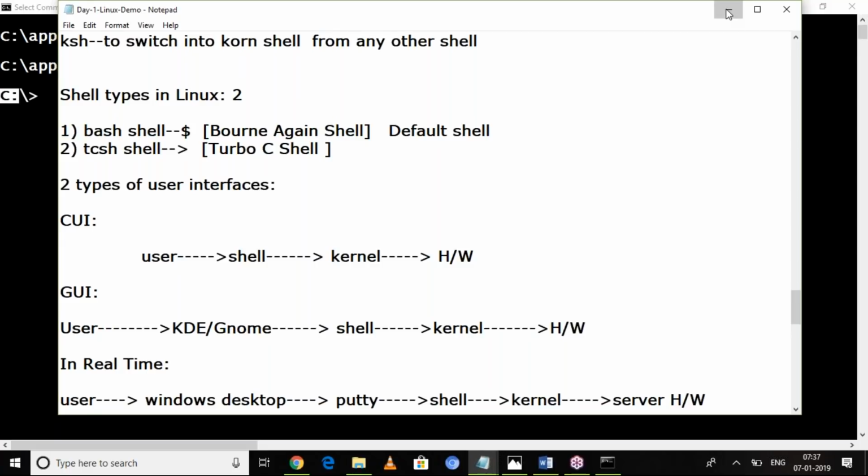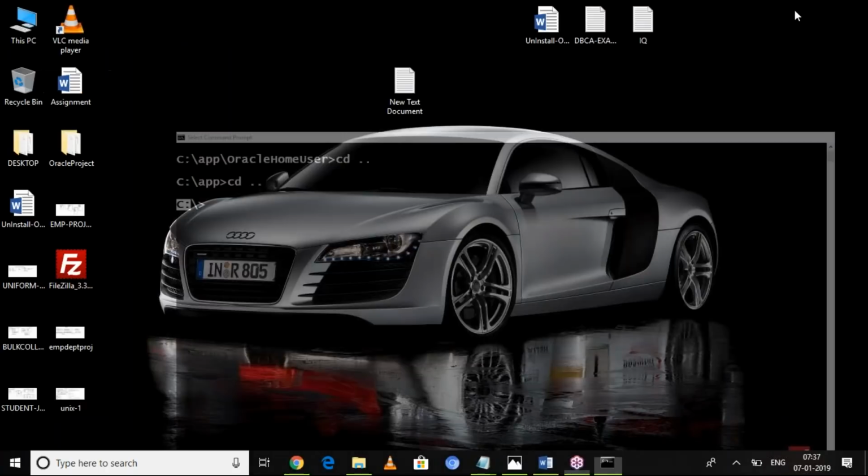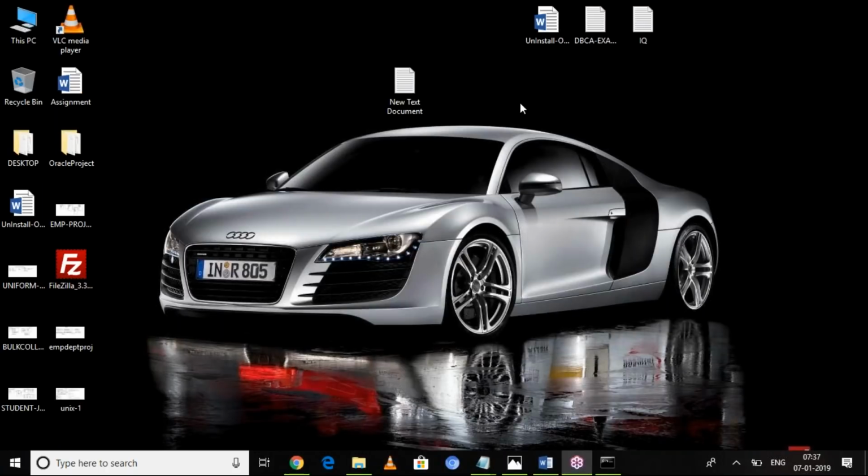And see here, this is Windows. Listen carefully, guys. This is Windows. So what is this environment? GUI, desktop, right? Similarly, in Windows, can we work with a command window?